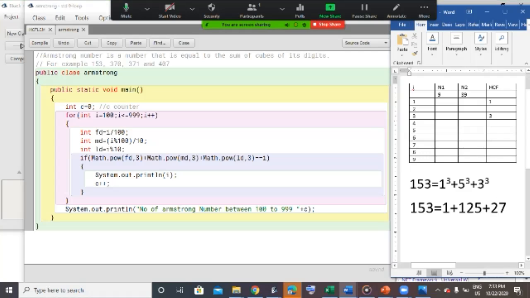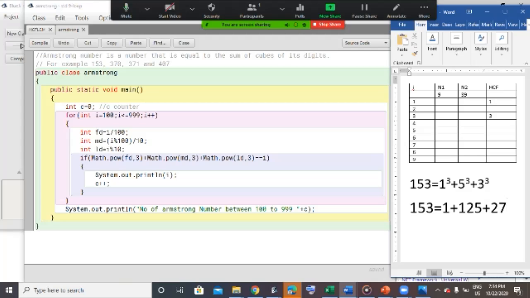So when you add it up, it gives you 153. So we are checking now. Basically, an Armstrong number here is between 100 and 1000, a triple digit number. So I have taken the range from 100 to 999, increased by one.